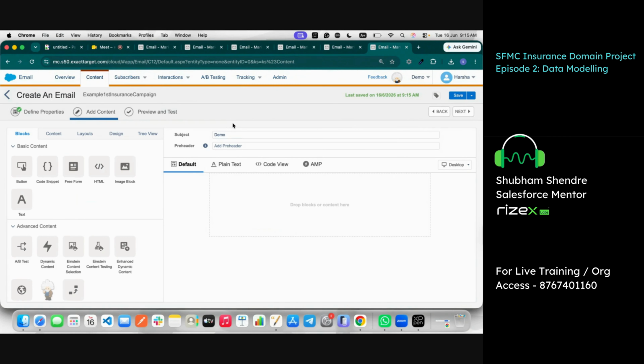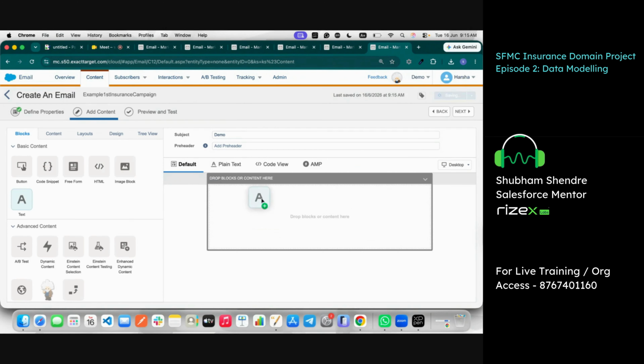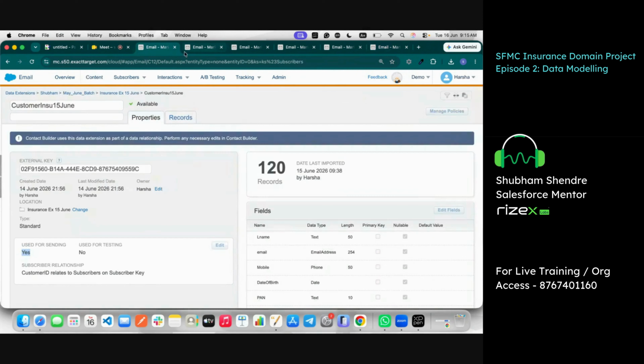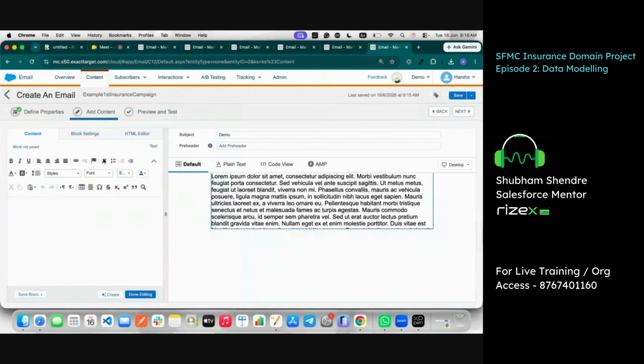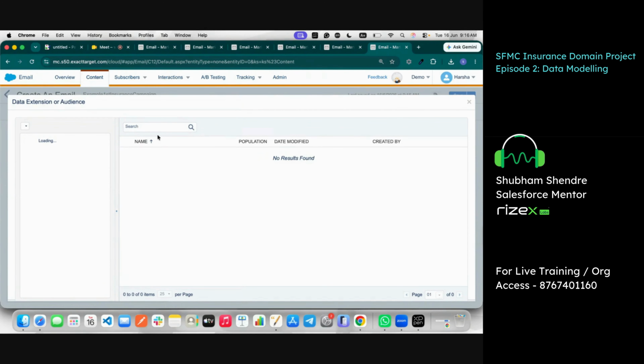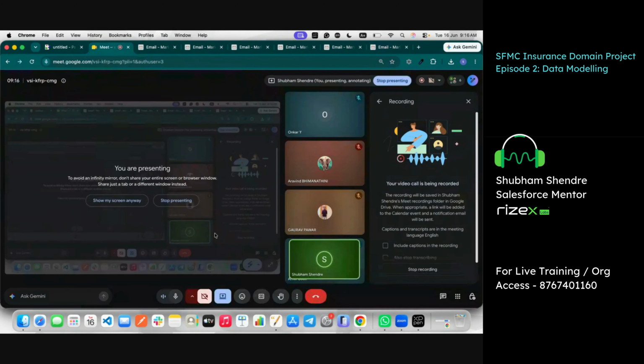I will name the subject as demo. And I will have the text. I'll do one thing. I will just use all the attributes present in the customer insurance 15 June data extension as personalization strings. So I will go to this symbol. This is my subscriber. I will choose new data sources. From the new data sources, I will use data extensions. In the data extension,